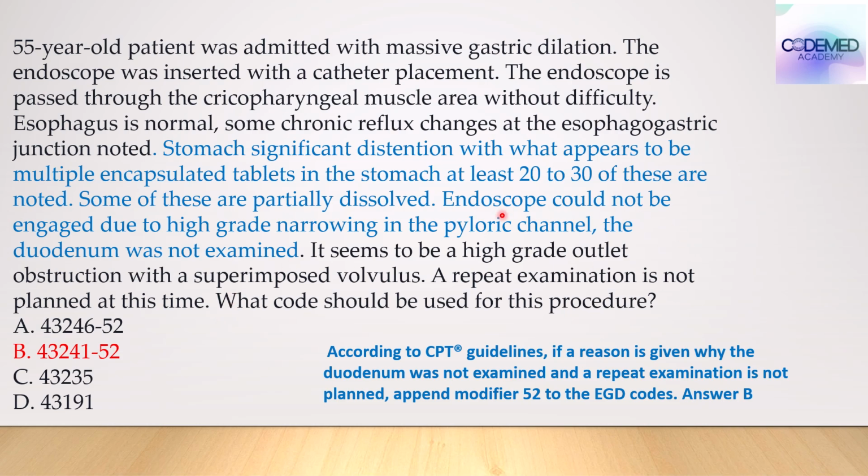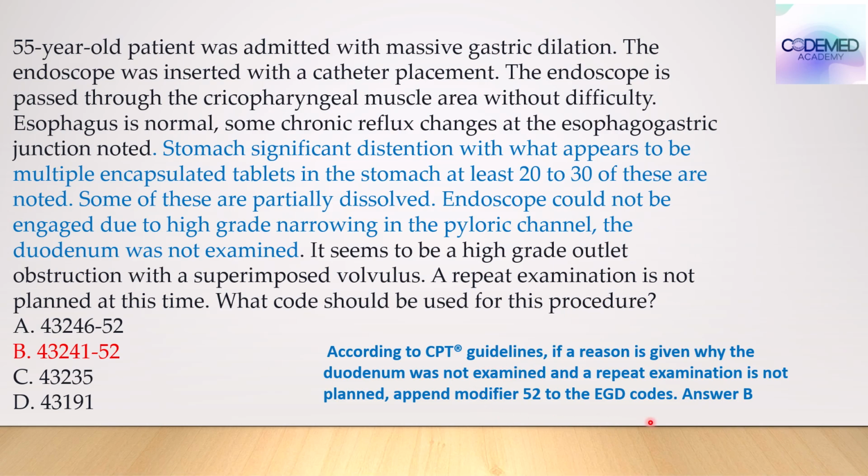The stomach was very distended, and there was a narrowing of the pyloric channel, and the scope couldn't reach the duodenum, and they couldn't examine the duodenum, and repeat examination is not planned. This is a very important sentence, because we have a guideline in CPT that if the reason is given why the duodenum was not examined, and if the repeat examination is not planned, then we will put the modifier 52